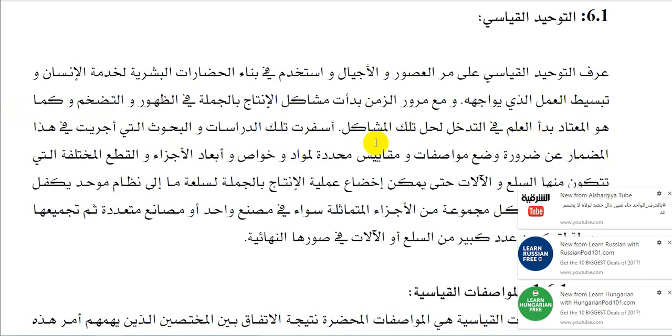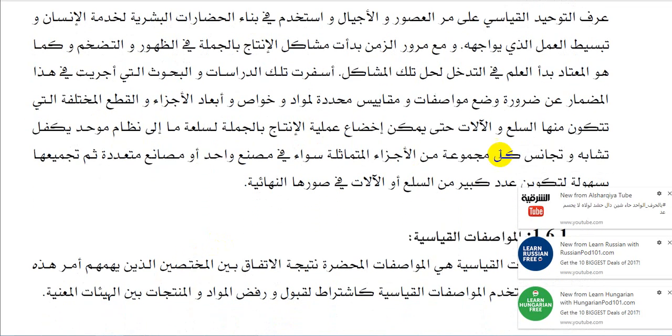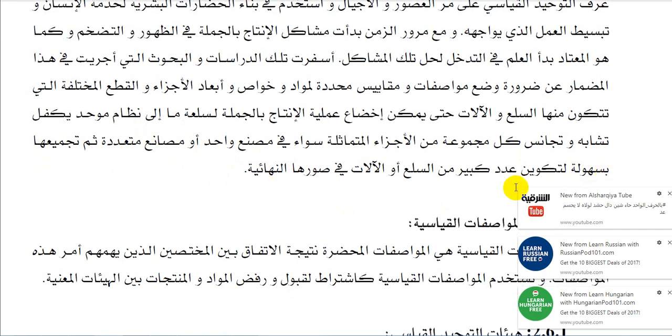Science began to interfere to solve this. The studies and research conducted in this context resulted in the necessity to set specific measurements and specs for materials, as well as the dimensions and properties of the components, tolerance, and the variety of tools that the merchandise is made of, till we can produce a whole unified system that compels the similarity and homogeneity of each group of identical components, whether in a single manufacturer or in multiple manufacturers, to be assembled easily to form a variety of finalized merchandise or tools.